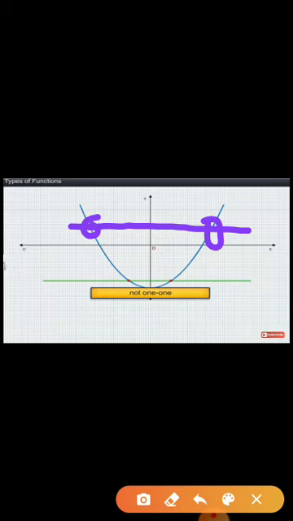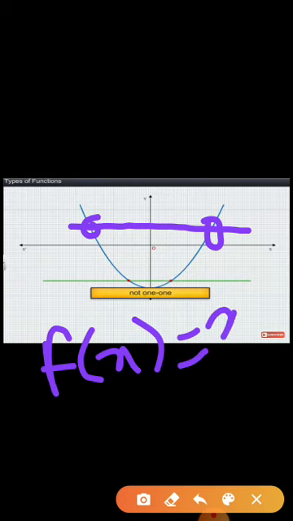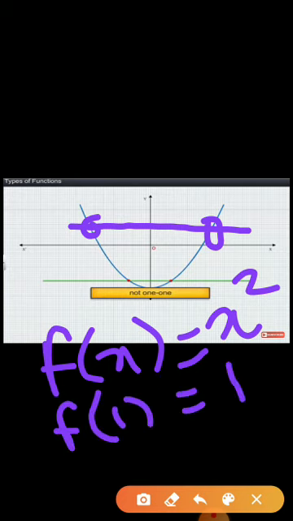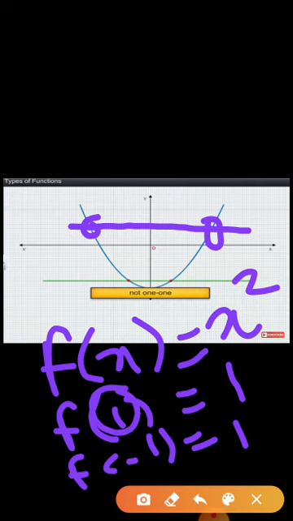Now suppose I have this function as f of x equal to x square. This is your parabola, y equal to x square. Now here I have f of 1 equal to 1, and f of minus 1 is also equal to 1. Okay, that means your two distinct elements 1 and minus 1 are mapped to a single element 1. Okay, and hence if I prove it by our previous method, we can say that it won't be a 1, 1 function, since two distinct elements have the same image.